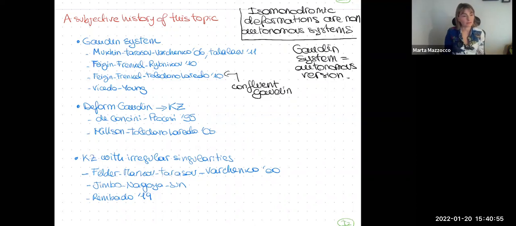And then there is a paper by Vicedo and Young in which they unify these last two approaches through some generalization of Mukhin-Varchenko duality. So this is regarding the quantization of Gaudin, but this is still an autonomous system. Now, when you want to deform this system in such a way as to make it non-autonomous, so by deform here I mean in the sense of making it non-autonomous,